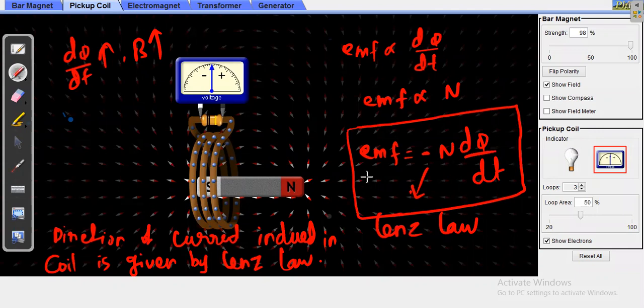Then what is the inductance of the coil? Actually, that is something reverse. If you have the coil, with the help of a varying magnetic field you are producing the current. In case of an inductor, what you will do? You will provide current to the inductor, and that will produce the magnetic field. Please don't get confused. These effects are just opposite.